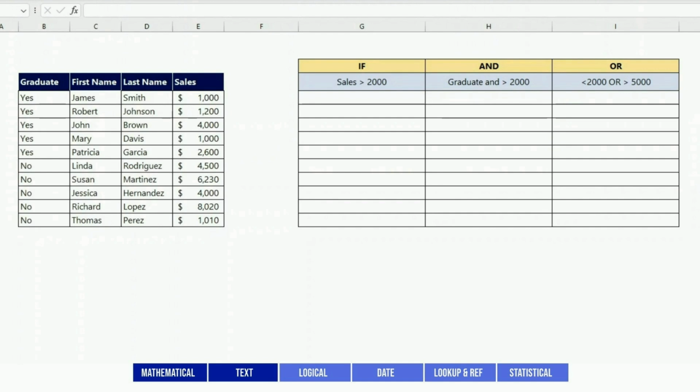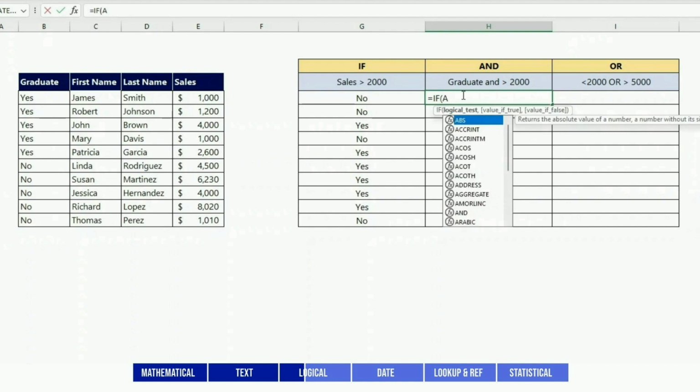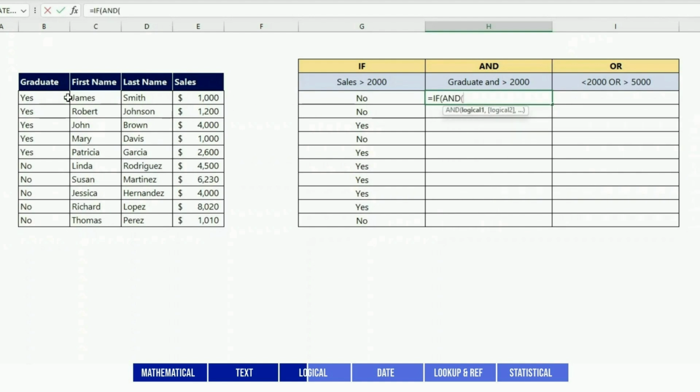Let's move on to some logical functions. IF makes a test and puts one value or another based on the outcome of that test. For instance, here I am testing if the value of the sales is greater than 2000, and if it is, I put yes, and if it is not, I put no. If I drag that down,